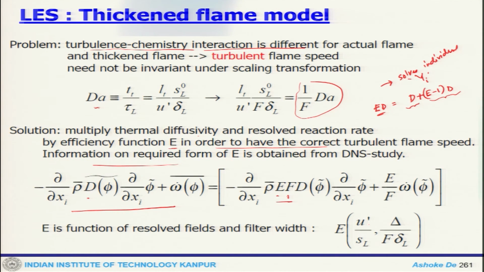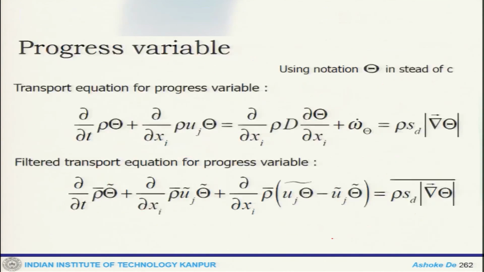Secondly, because of this thickening, the minor species cannot be captured very nicely. So this is one of the drawbacks, and of late a lot of different modifications to these wrinkling factors have been proposed, and also one can look at the dynamic variant of this thickened flame approach, or the dynamically modified thickened flame approach. These are some of the latest developments in this modeling, and one can look at the literature to find the latest status.